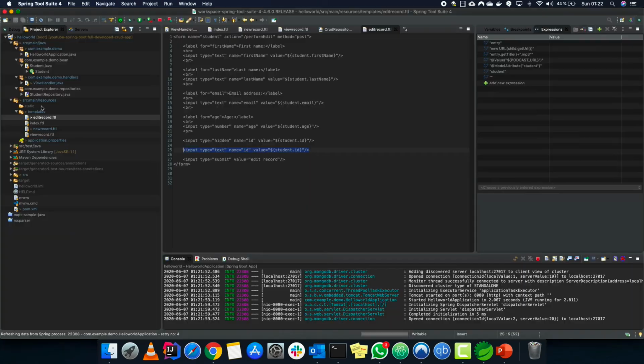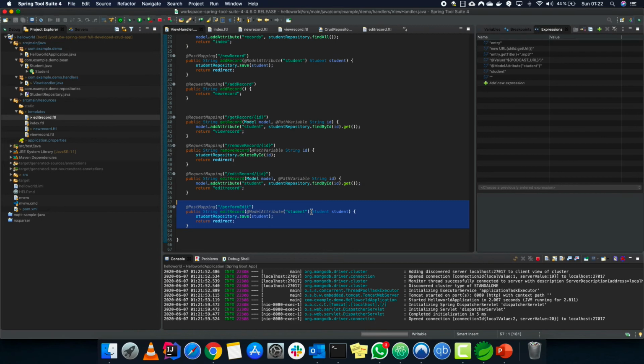So when an ID is already assigned to an object, what happens is when we call the save, it will actually go look for that particular ID, and once it finds the ID, it just replaces all the values in that particular object. So it doesn't add a new one because the ID is already there. It is not a unique ID, it is already there, it just updates the values. That's the magic. So let me show you what I mean by the hidden field.